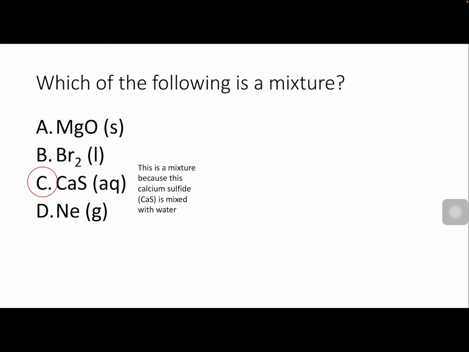So now what I'd like you to do is go to the exit ticket, and on the exit ticket today it is asking you, in terms of shape and volume, what is a solid, liquid, and gas? Once you are done with that exit ticket, you may stop